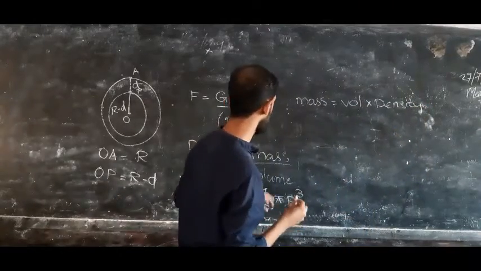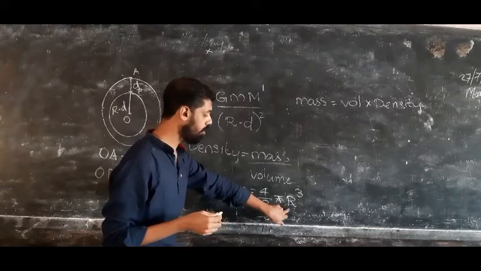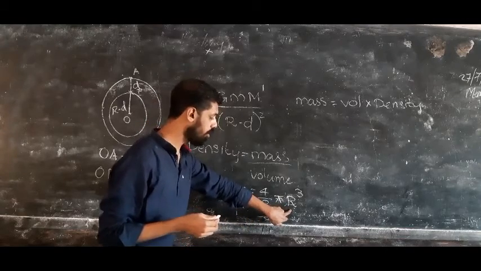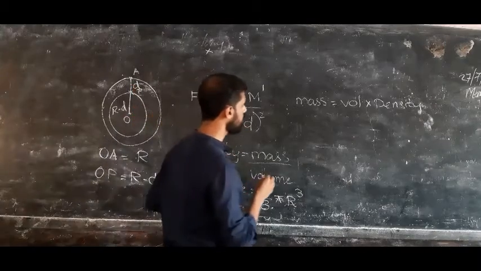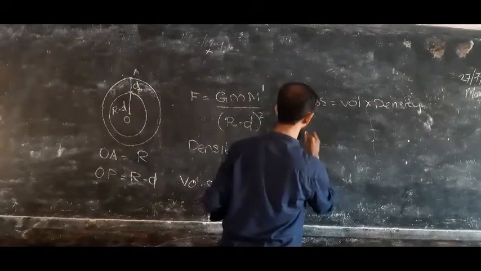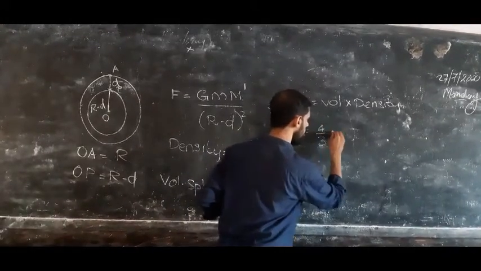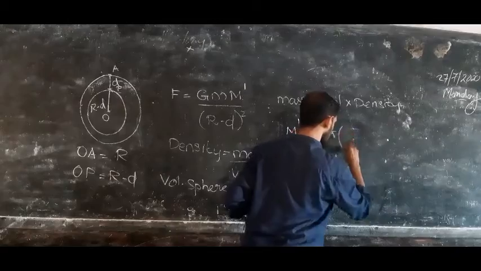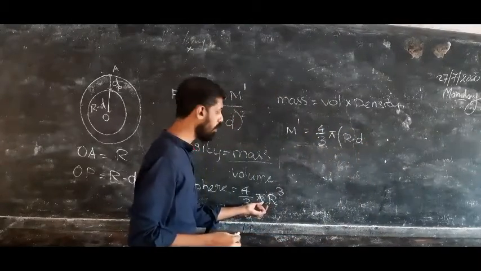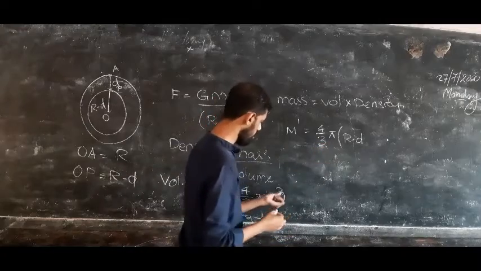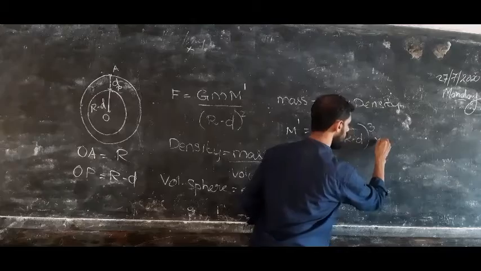First, what is the volume equation? That is 4 by 3 pi r cube. Here r means radius. What is the radius? It is r minus d. So the equation will become m dash equals 4 by 3 pi, and in the place of r, what we need to write? R minus d, and it is cube. So (r minus d) cube into